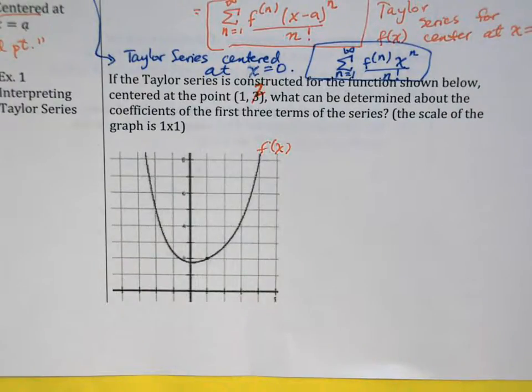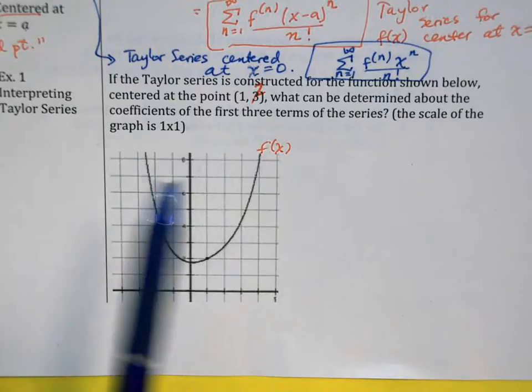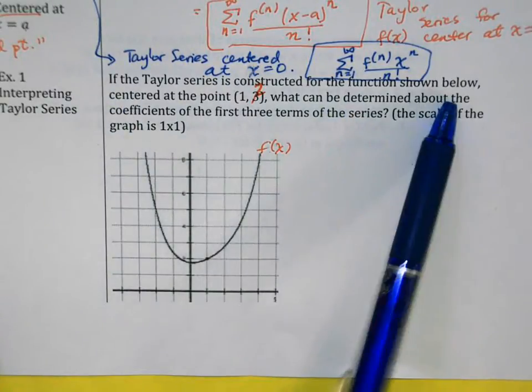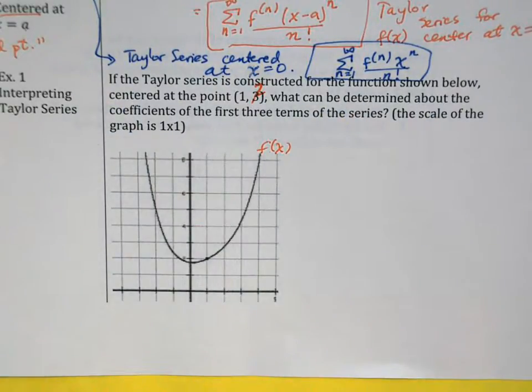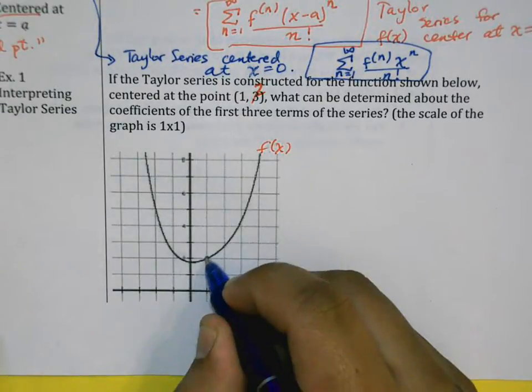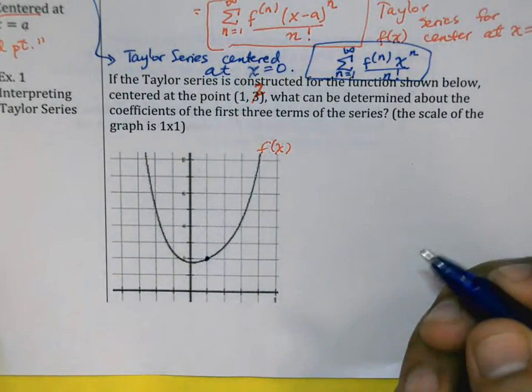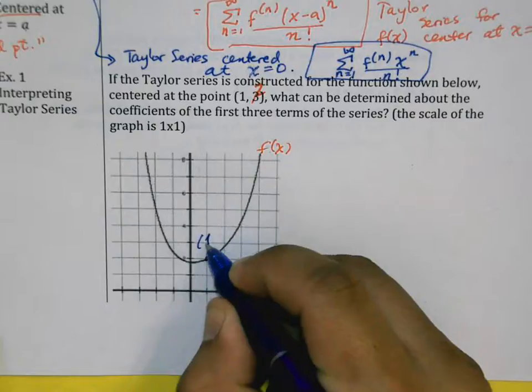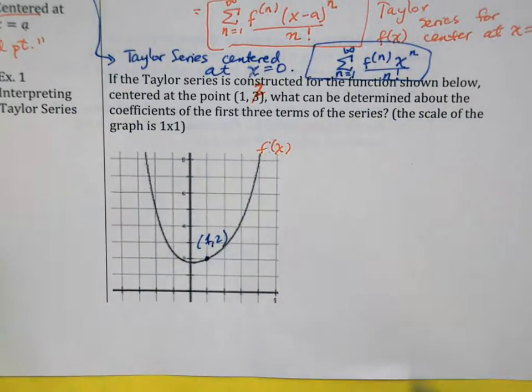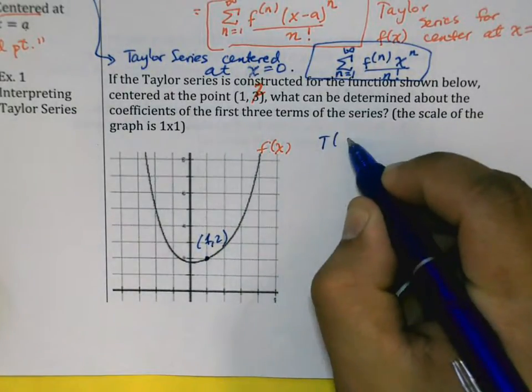Well, let's think about what the first 3 terms in the series are. The Taylor series is constructed for the function below. What do we know about the first 3 terms? Well, this point here is 1, 2. Okay. Now, the Taylor series